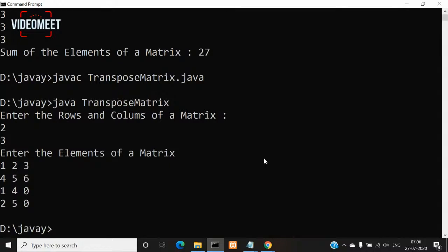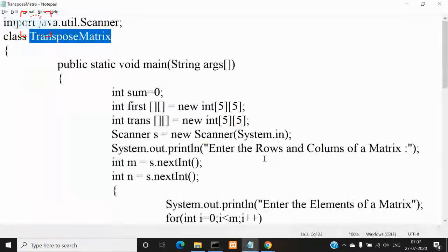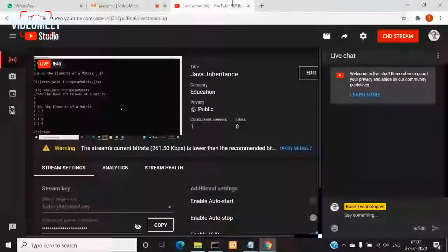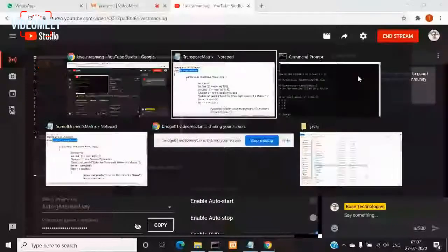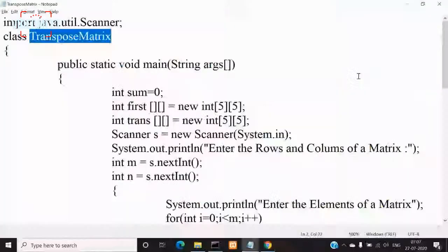So why are these zeros coming in the third row, third column? Two by three. So when you give a 2 by 3 matrix, it must